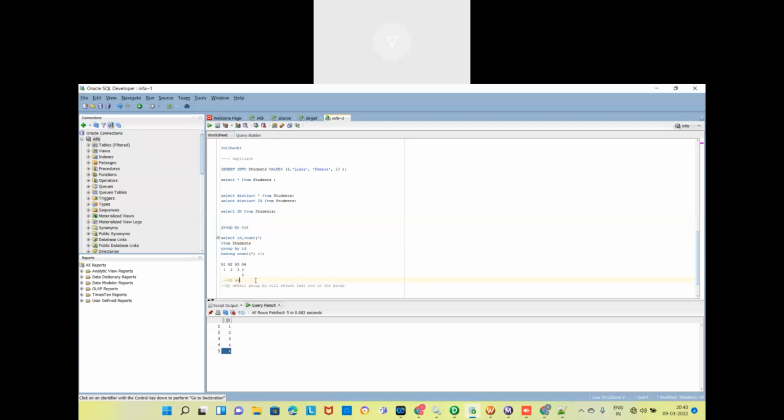So in the select class, there is one small point when we are using group by. The columns you are using in the group by, those columns only should be present in the select class. Apart from that, if there are any extra columns present, they will not get formed. Okay, so that is one rule for the group by. So what are the columns present in the